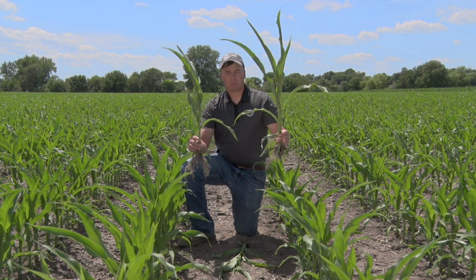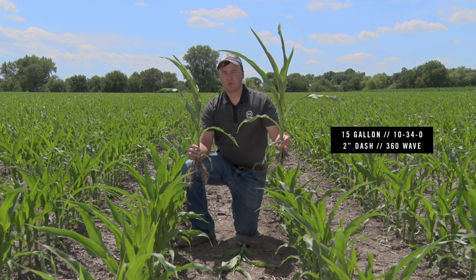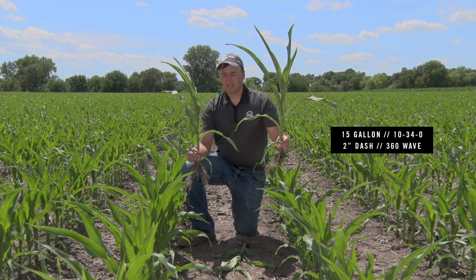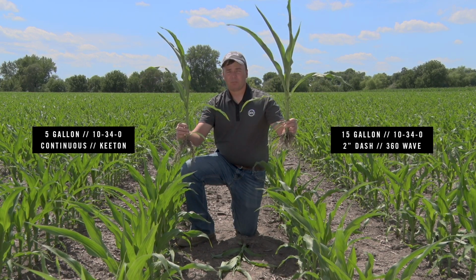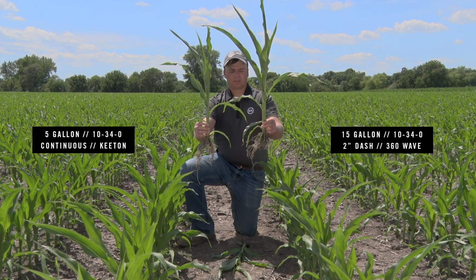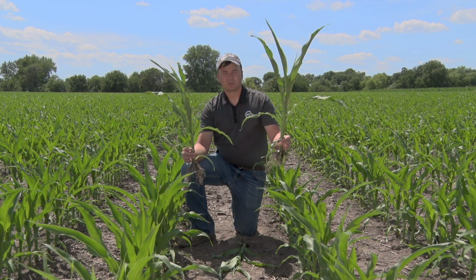So now I've picked up a plant where we applied 15 gallons an acre of concentration in a 2-inch Dash. So if you think about the math, that's 5 gallons per acre. And again, in this hand, now I have the plant that had 5 gallons per acre through the firmer. So the amount of starter that we bought is exactly the same between these two plants. So as you compare the response, it really starts to prove the story that concentration is what seems to matter